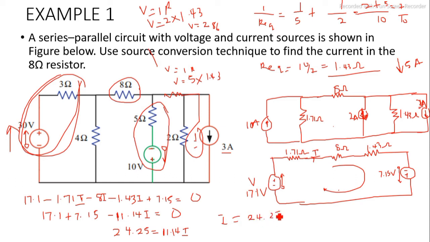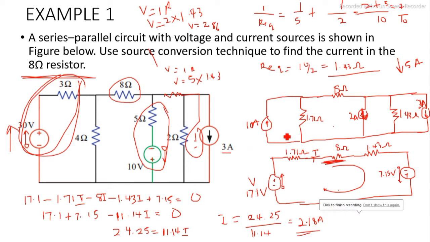24.25 divided by 11.14, and that's what? Divided by 11.14, that's 2.17, 2.18, approximately 2.18 amps. So that's the current flowing in this, and it's the same current that will flow in this 8 ohm resistor. That's the current flowing in the 8 ohm resistor. So the current is